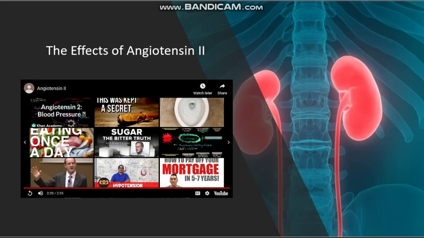Okay, so that's an overview of the renin-angiotensin-aldosterone system. As we said, the key players are the juxtaglomerular cells that release renin,